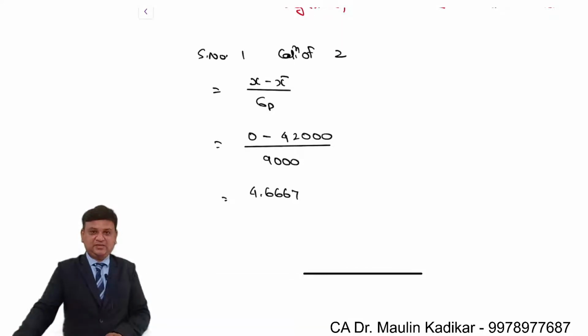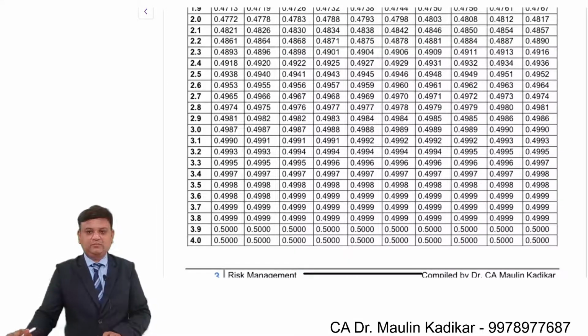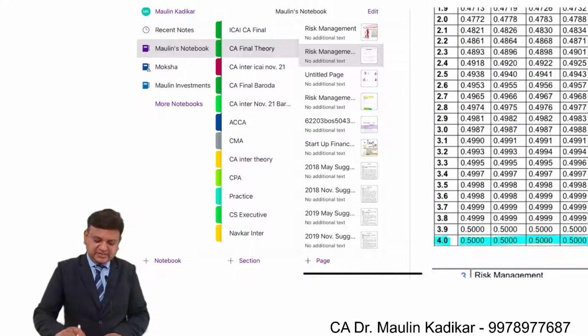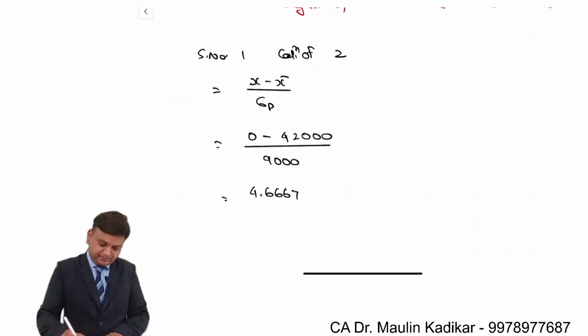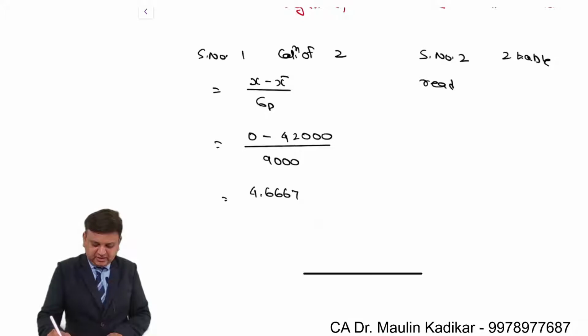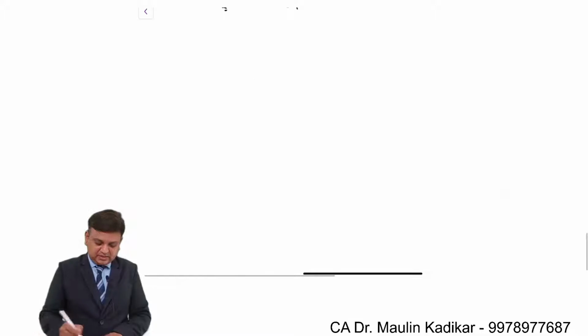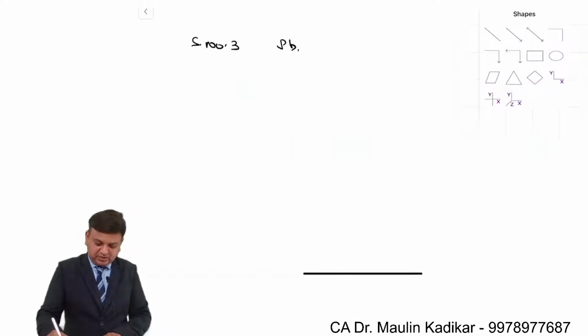Now we'll read the Z table. Now friends, over here Z table reading of the 4 is 0.5. Okay. So of course for 4.67 it is 0.5 itself. So step number 2, Z table reading is 0.5. Now step number 3, in that probability, we understand that over here